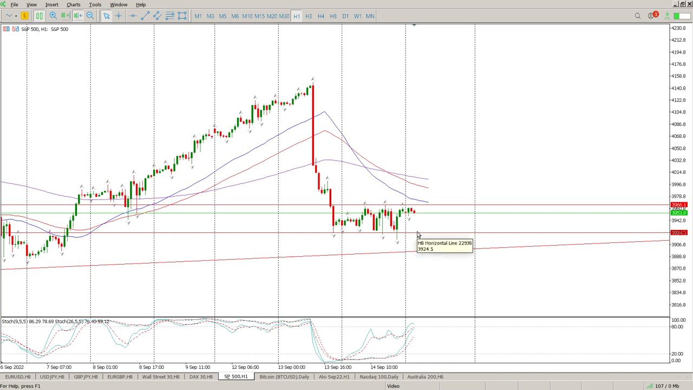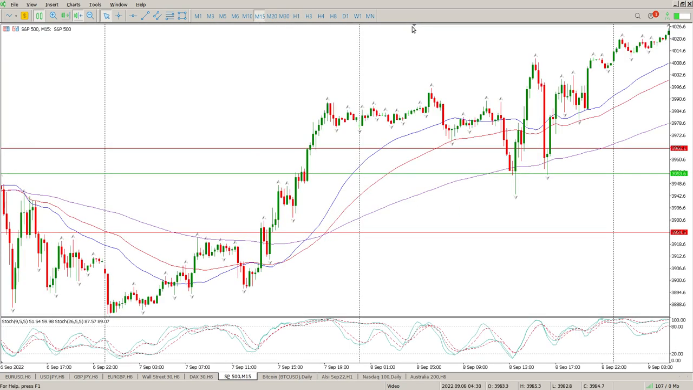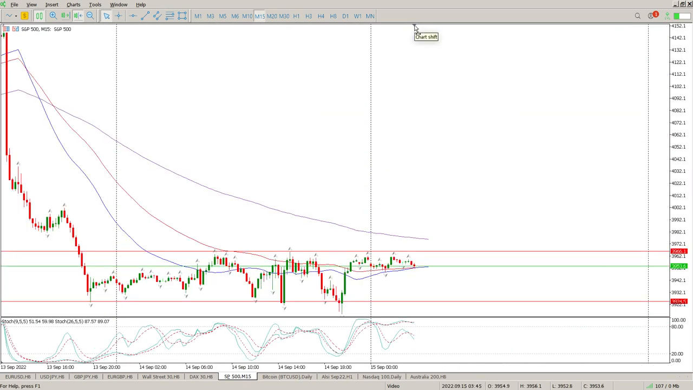We do have a bit of data coming out today. Don't think it's going to impact it too much. And if we just drop down to the 15-minute, you can see there were absolutely 0 opportunities yesterday. It's really just an up and down day. So oscillators all over the place as well. So for me, sit on hands until we break above